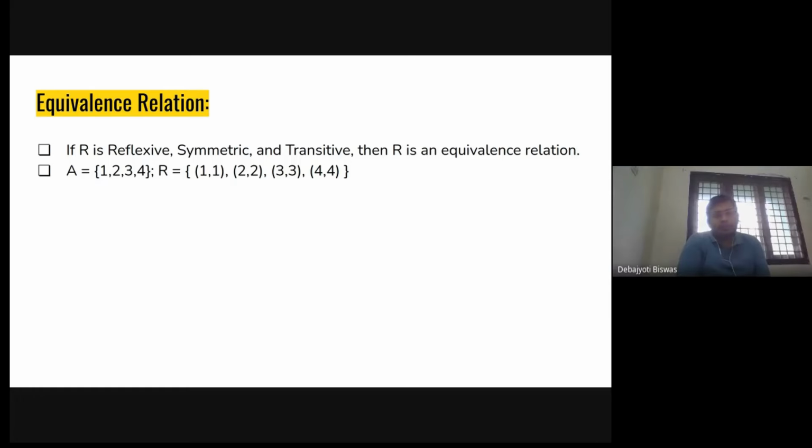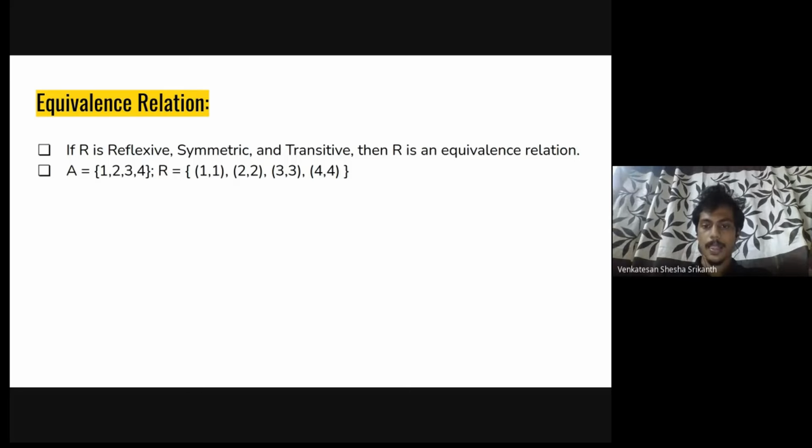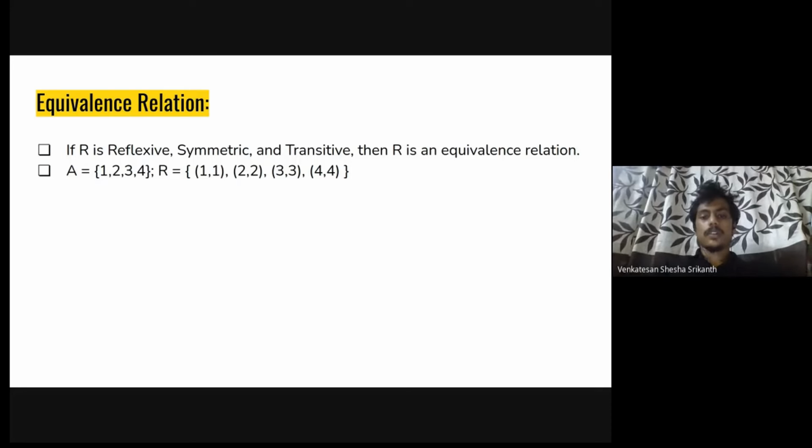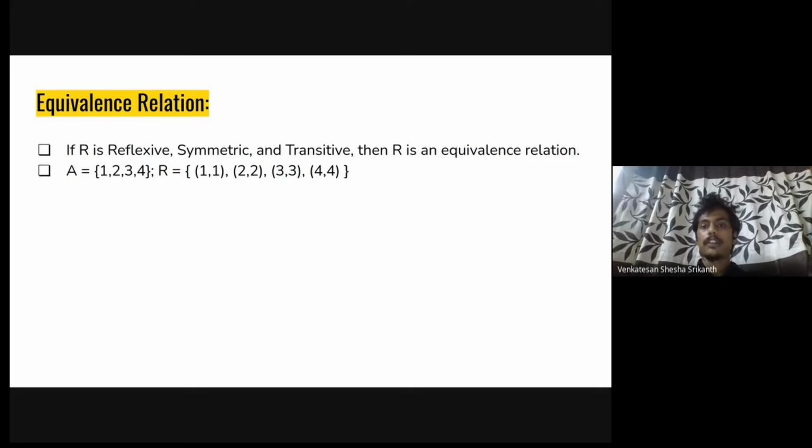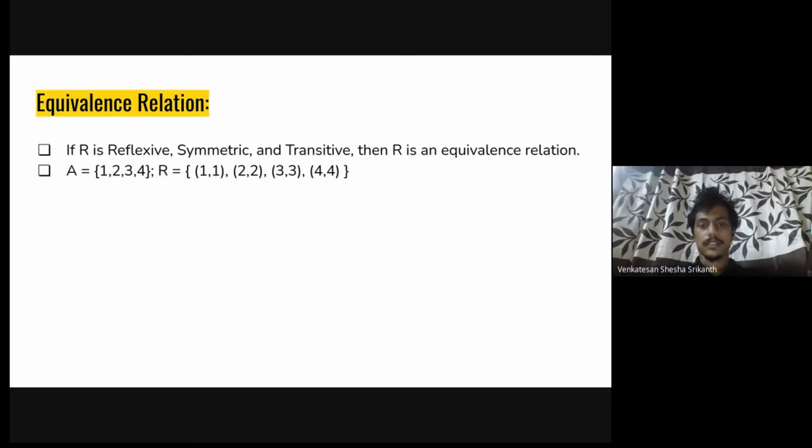So Srikanth, can we say that the straight line y equals x represents an equivalence relation? Yes. Right. On the line, the points will be like (x,x), where x belongs to the real numbers. So it satisfies the reflexive property, the symmetric property, and also the transitive property. Therefore we can conclude it is an equivalence relation.